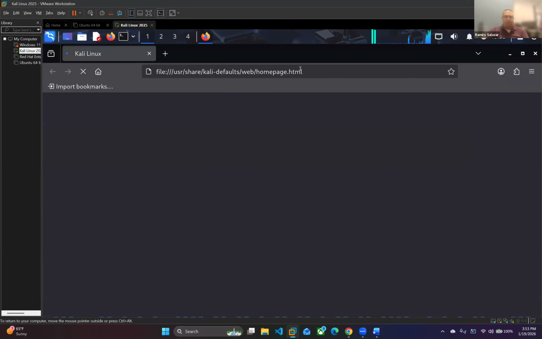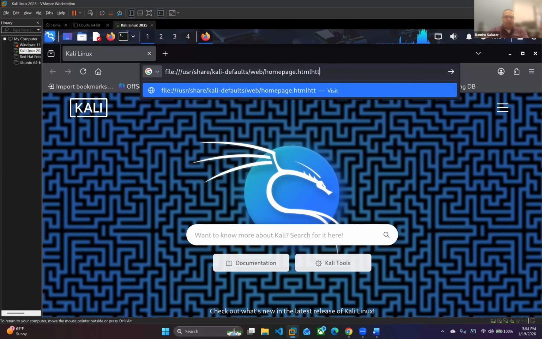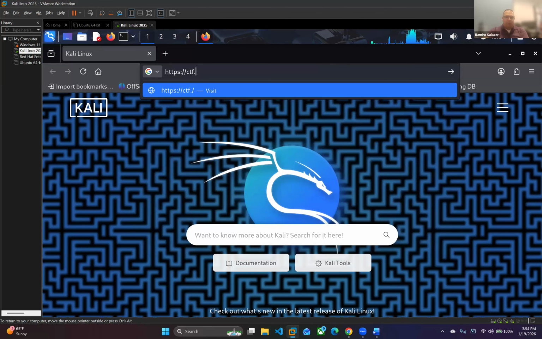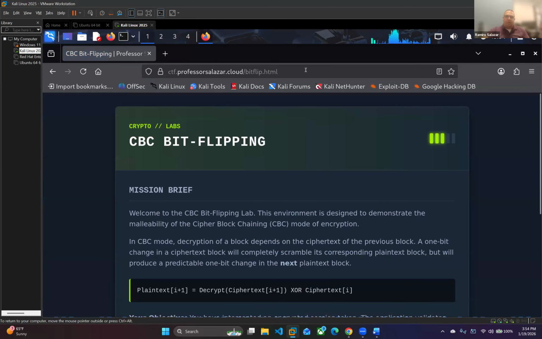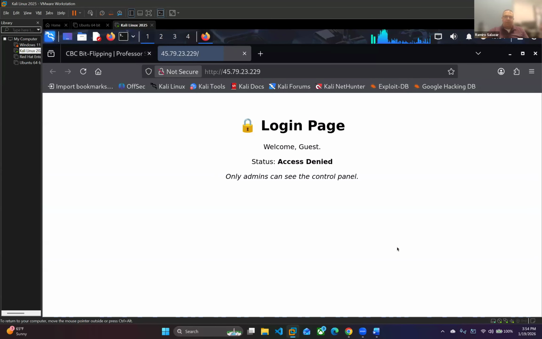So I'll open up my Firefox browser, and up in the URL, I'll type in https://ctf.professorsalazar.cloud/bitflip.html. And you should get to that same site that I was showing you earlier. And if I go down, I'll click on Access Instance, and you'll see that the page actually looks a little